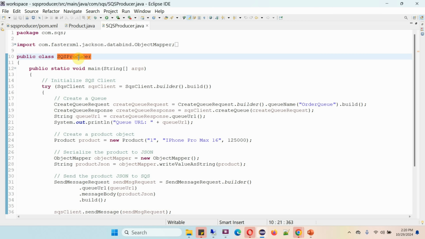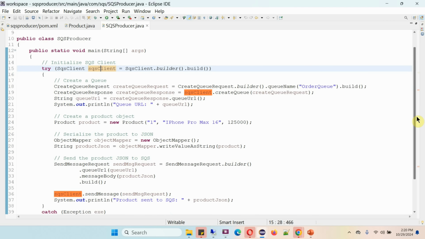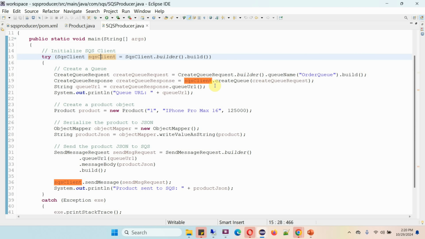Here I have defined the class SQSProducer. Inside the main method, I am initializing the SQS client object, and using the SQS client object, I am creating the queue. The queue name is order queue. Here I am getting the queue URL from the create queue response object and printing that. Then I am creating a product object, and in the Product constructor I am passing ID as 1, name as iPhone Pro Max 16, and price as